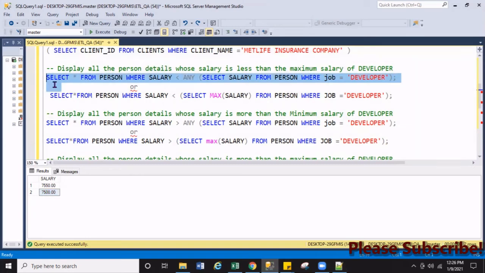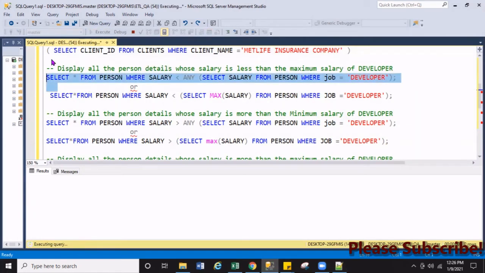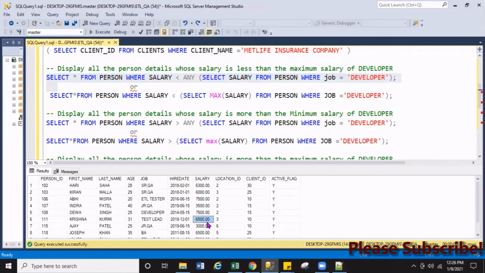So if you run the whole query, see, all of them have salaries less than the maximum salary of developer. We know the developer salary is 7,550, right? So these are all values less than the maximum salary of developer, right? Similarly, you can use this function as well.